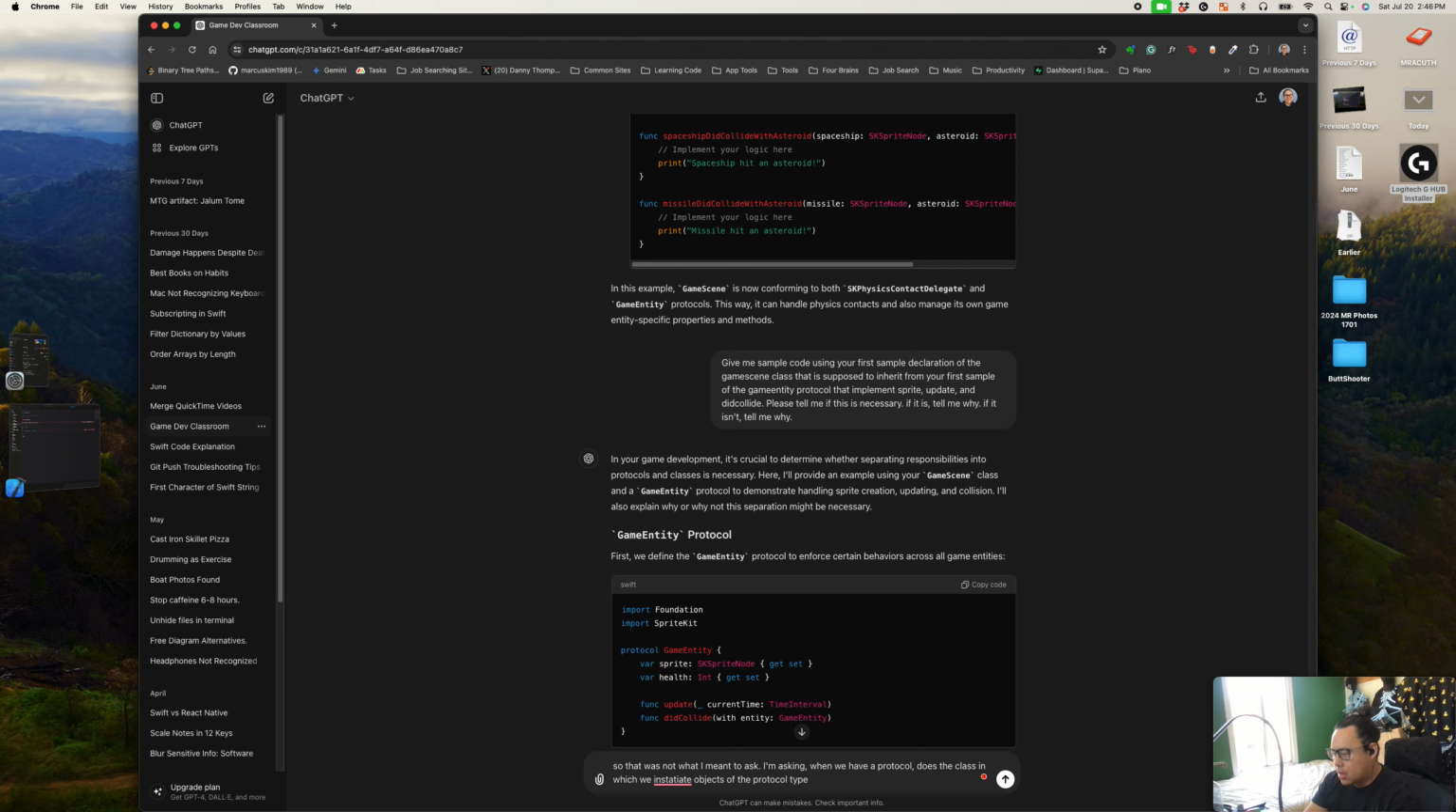So that was not what I meant to ask. I'm asking, when we have a protocol, does the class in which we instantiate objects of the protocol type need to somehow adhere to the protocol or reference the protocol in any way? That's a kind of